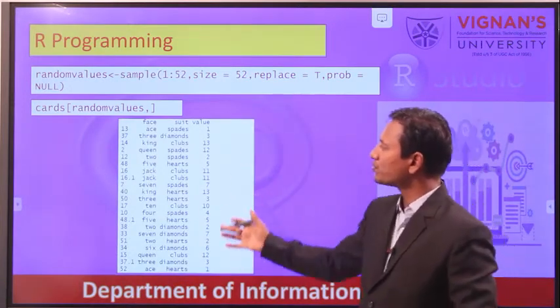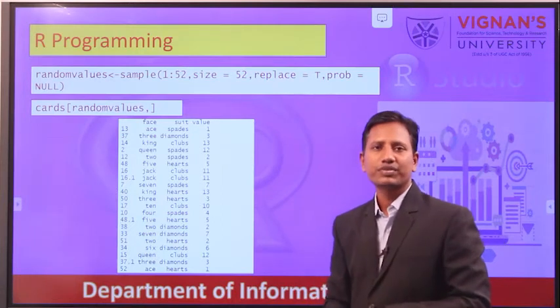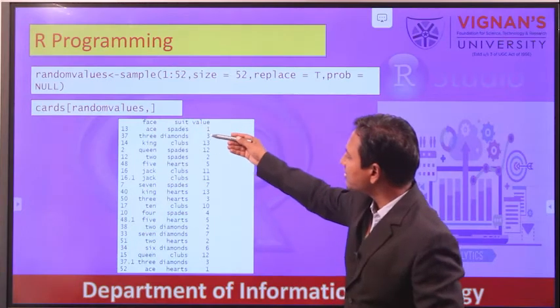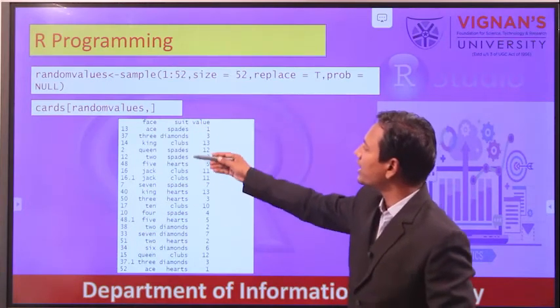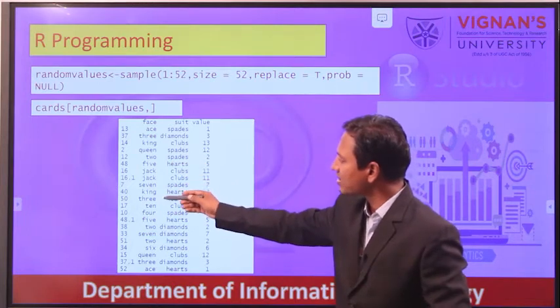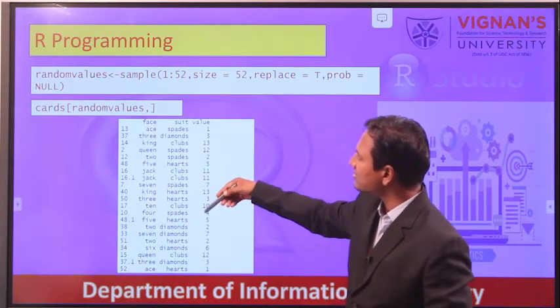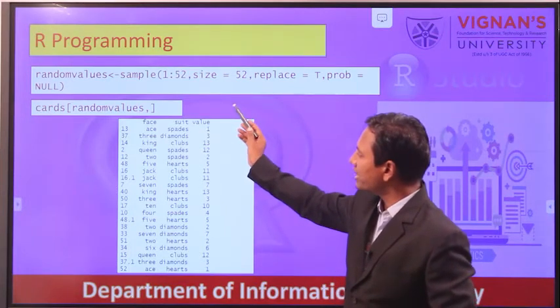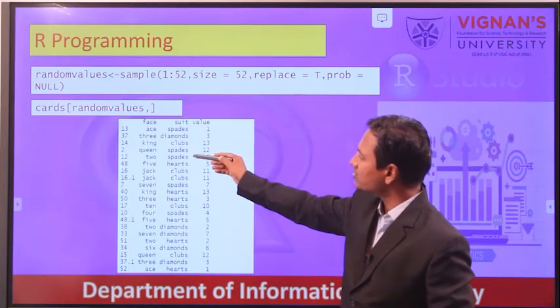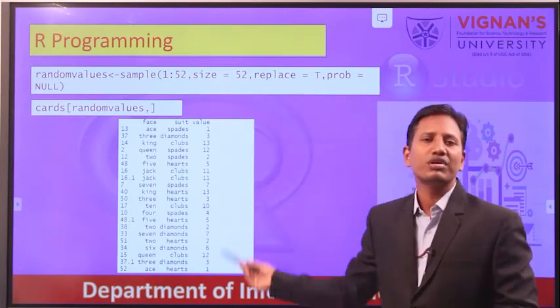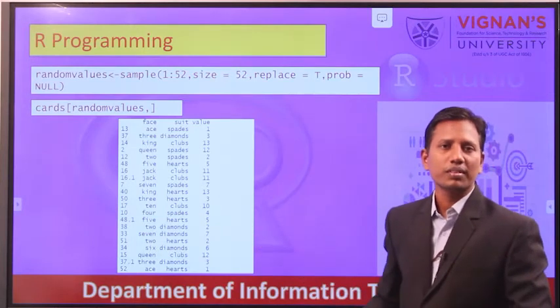If you observe the output, the values are in a jumbled manner. First ace of spades, 3, king, queen, 2, 5, jack, 7, king, 3. Like this, with different suits again. First is spade suit, then diamonds, then clubs, then spades, then hearts, clubs. Like this the 52 cards are in a jumbled manner.